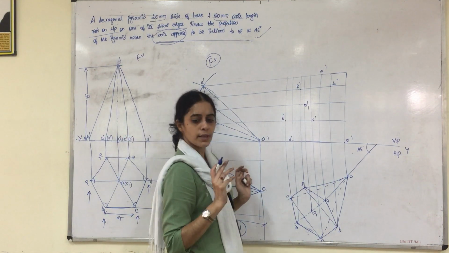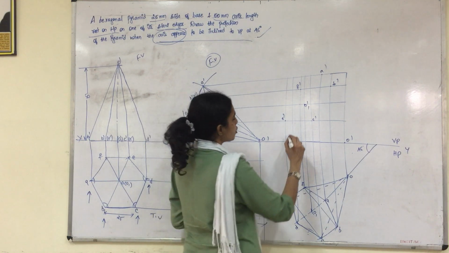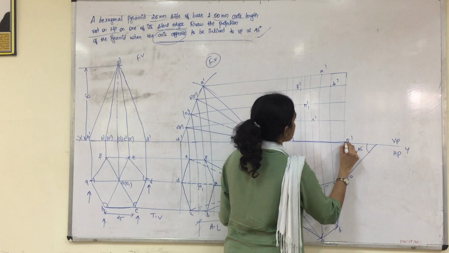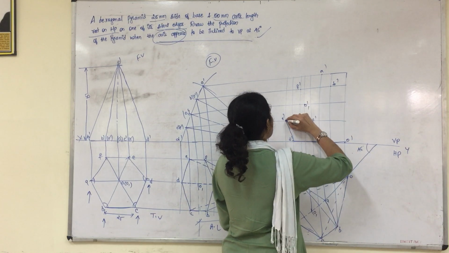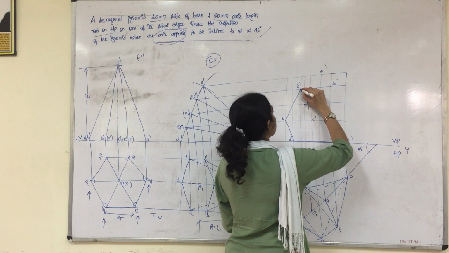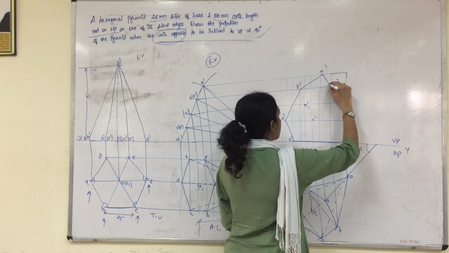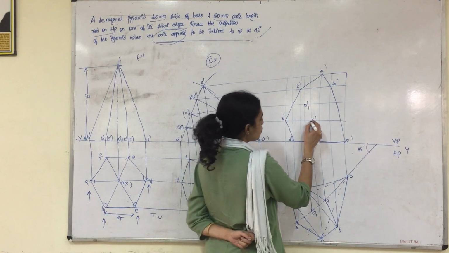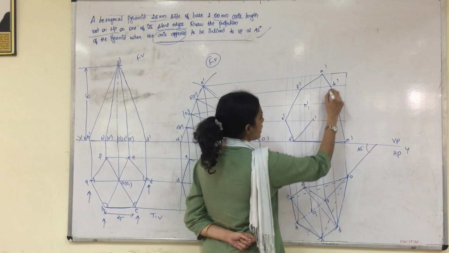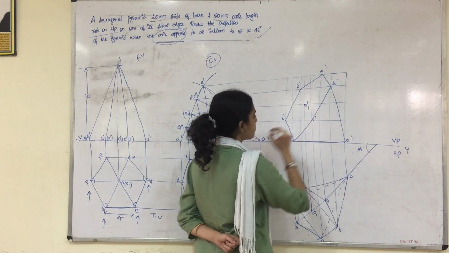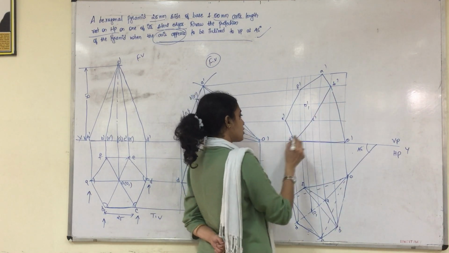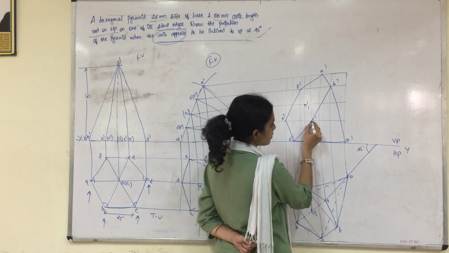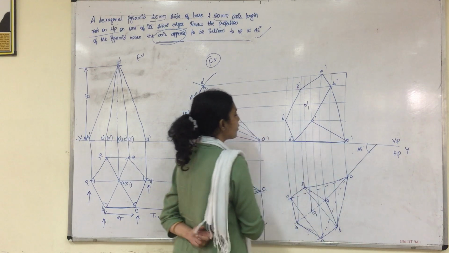And I told you always the outer boundary will be visible. So please join the outer boundary from E dash to D dash, D dash to O dash, E dash to F dash, F dash to A dash to B dash to O dash, and also D dash to C dash and C dash to B dash. So this is one corner which is passing through outside the surface. So this will be visible. C dash to O dash will be visible.